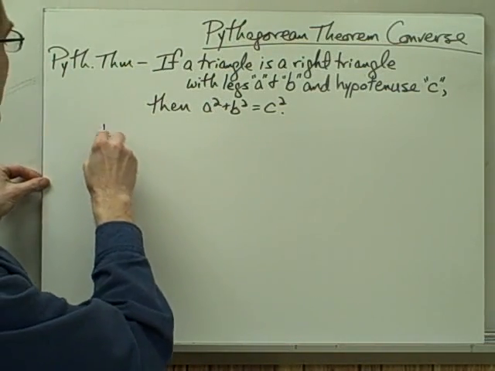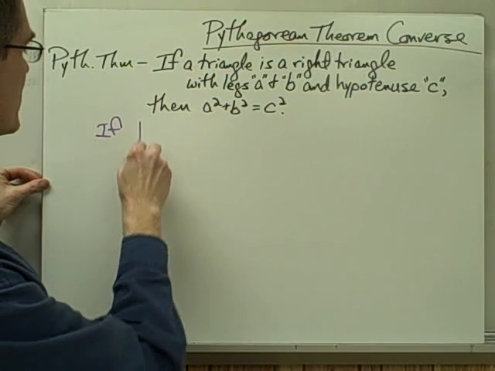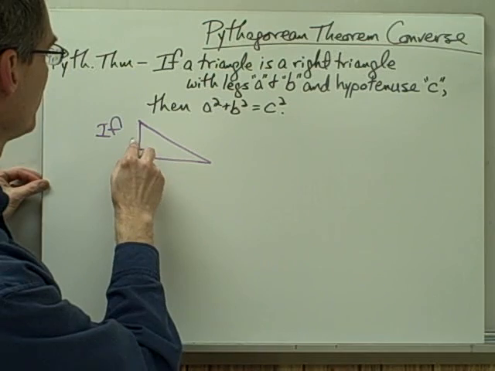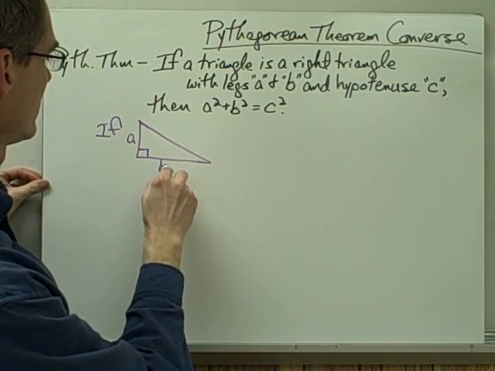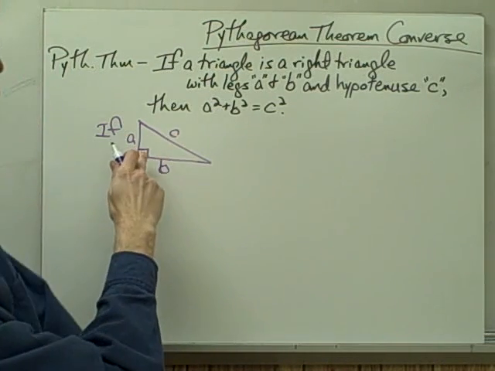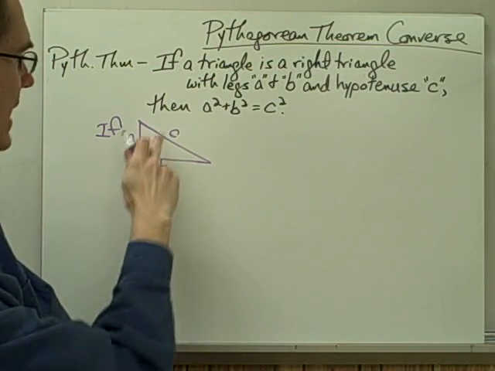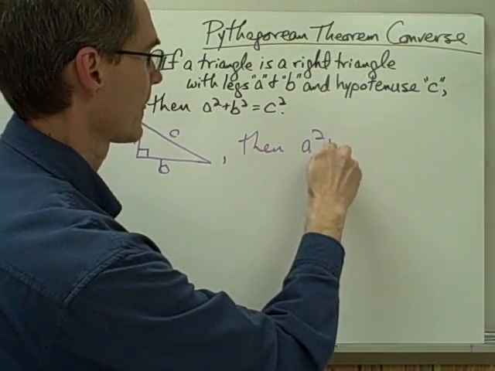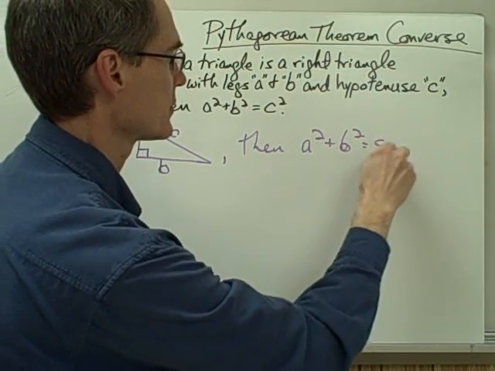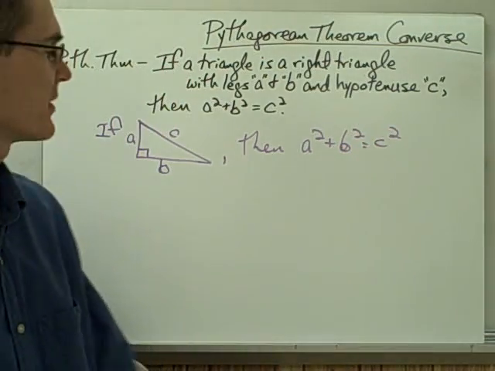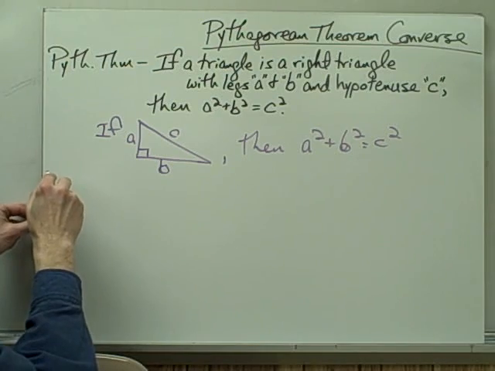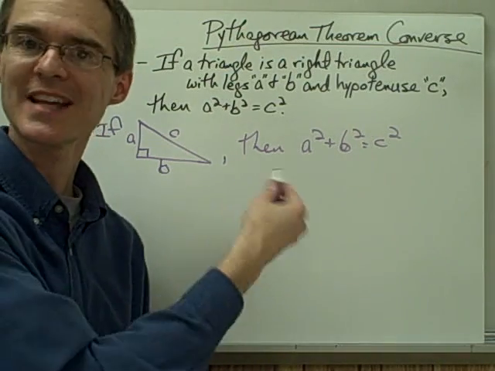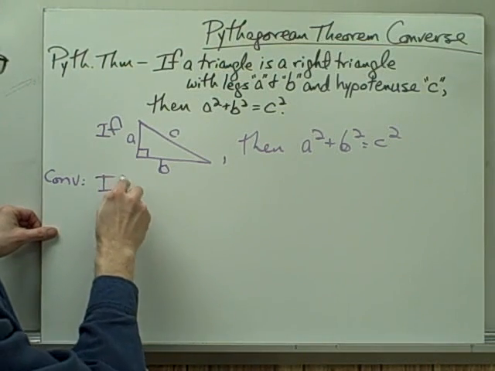And in fact, I could state the Pythagorean theorem kind of in picture form. If I have a triangle that's a right triangle with legs a and b and a hypotenuse c, then a squared plus b squared equals c squared. That's the Pythagorean theorem. Well, I could also state the converse of the Pythagorean theorem in this kind of picture format. If